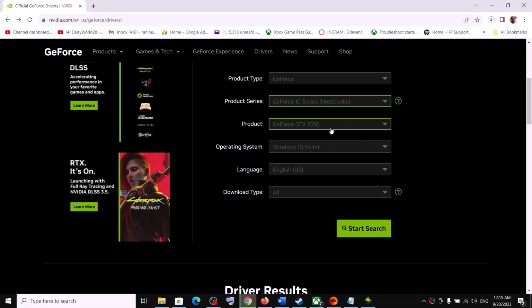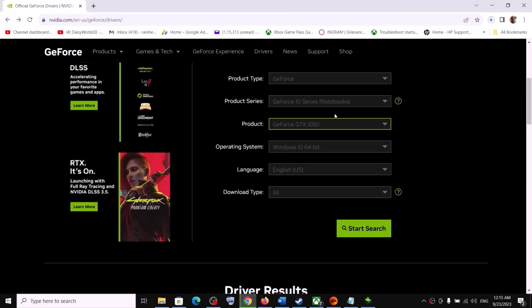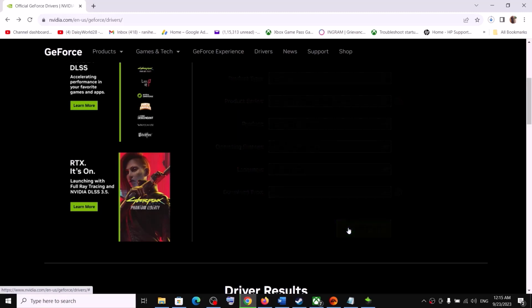And this is just an example. Select your graphic card, select the right series, right graphic card, and select the right operating system. So if you have Windows 10, select Windows 10. If you have Windows 11, select Windows 11, and then click on Start Search,